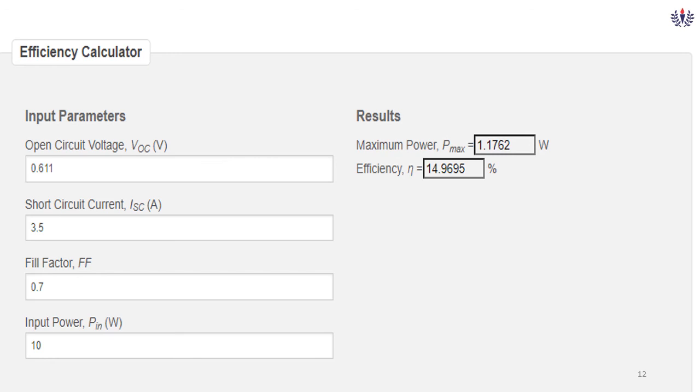So if we know the value of VOC, ISC, fill factor and the input power, we can even calculate the efficiency. Why? Because the efficiency of the PV cell is VOC ISC fill factor divided by the input power. There are many software simulation tools to obtain the cell efficiency and fill factor, and to study the datasheets. If you know all these data, it is easy to design a PV system for any application.